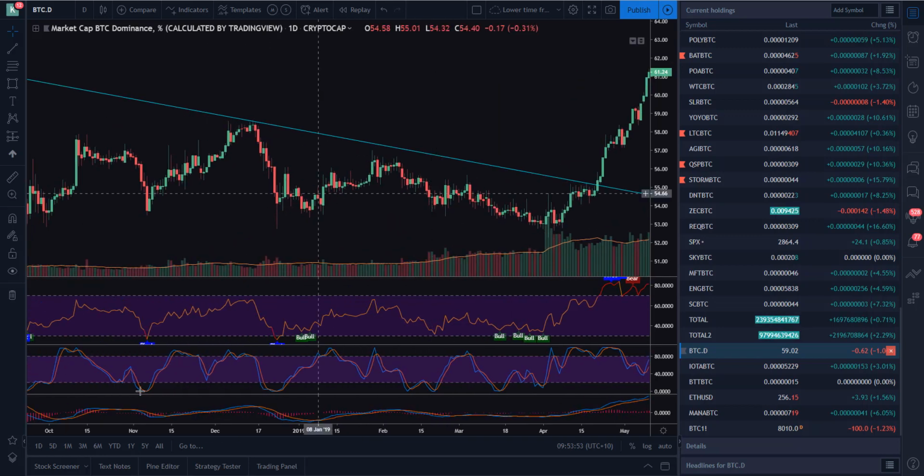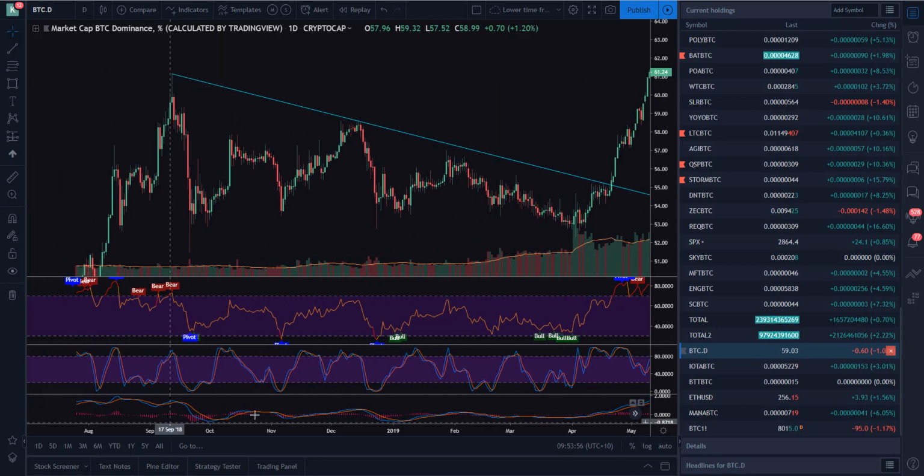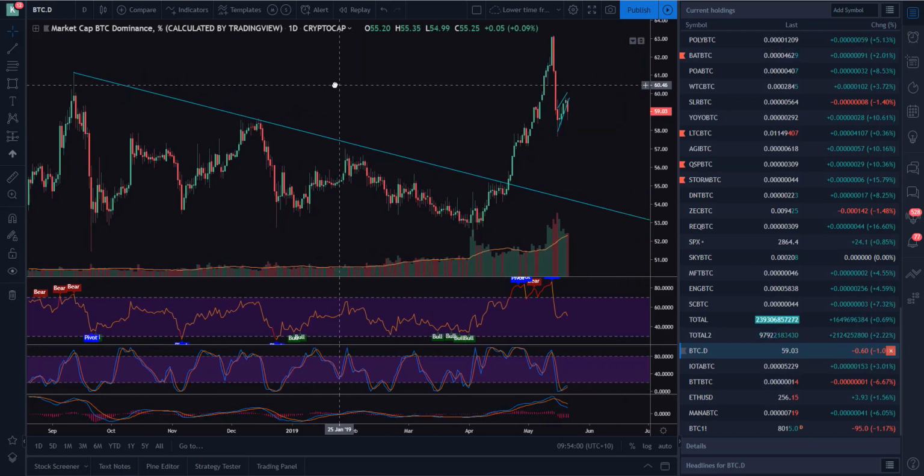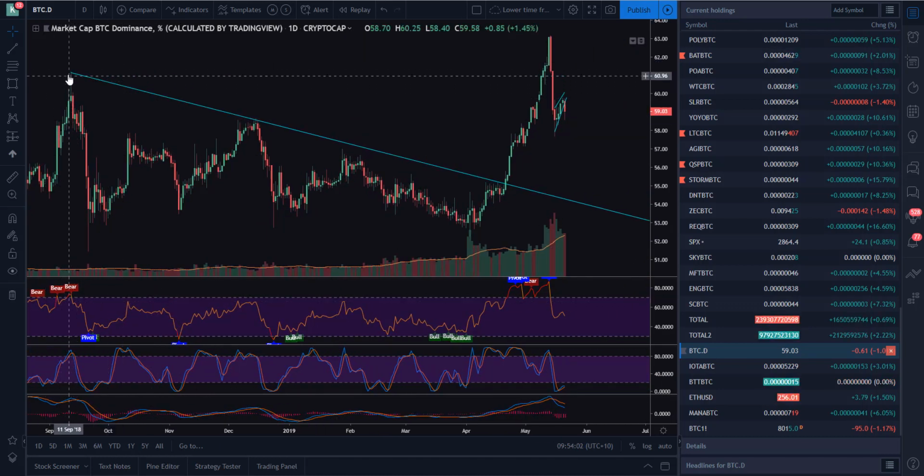BTC dominance had been in a downward trend for almost a year, right? Since September, so it's about 6 months. We've been in a descending triangle sort of range, and we broke out of it here. I put this little bull flag here and it broke out at about 55%. And then obviously it launched, mid-April, when Bitcoin absolutely went nuts, and pretty